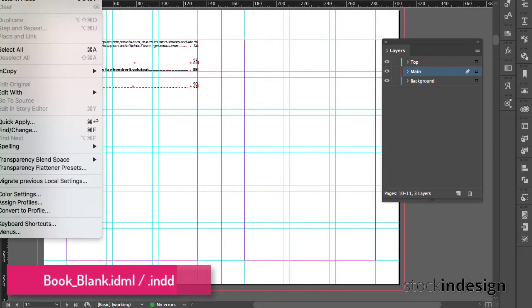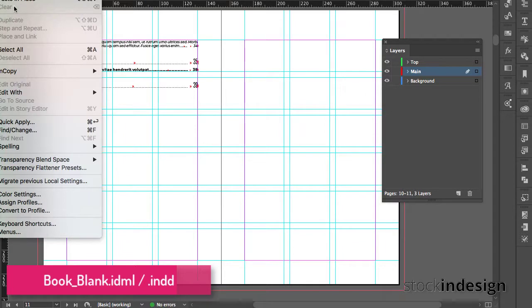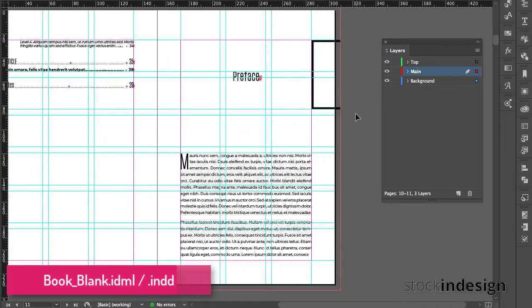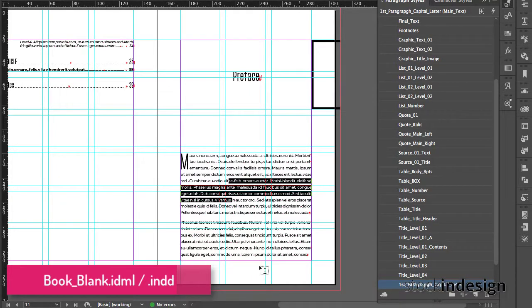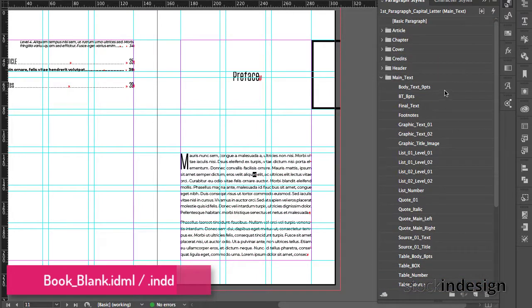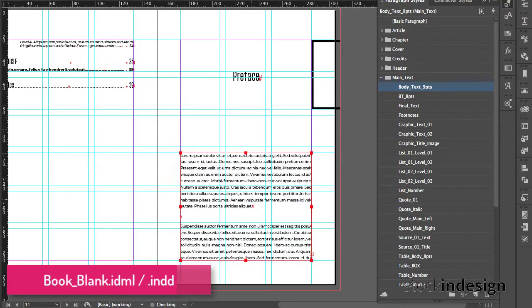And go to edit, paste in place, and check this layer, main and backward. Okay, and in this case, for example, if you have, you can replace for your text,